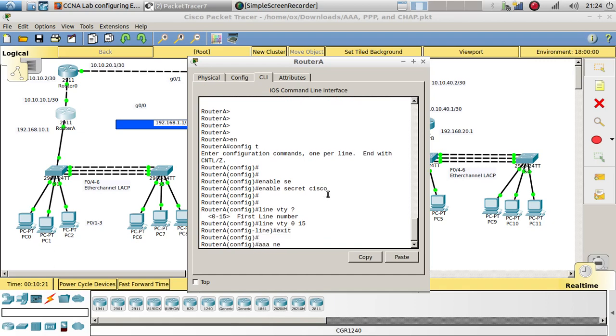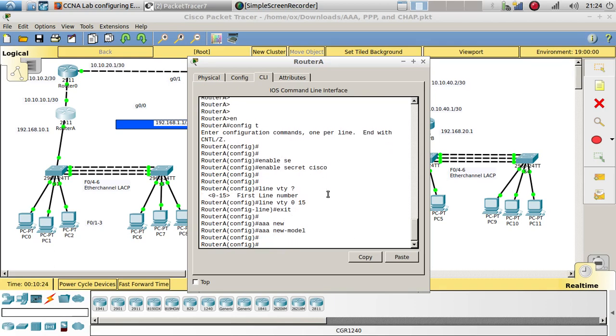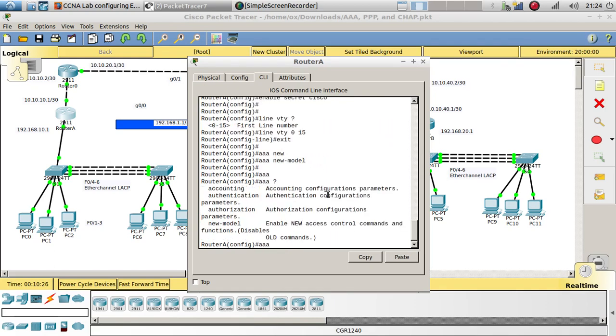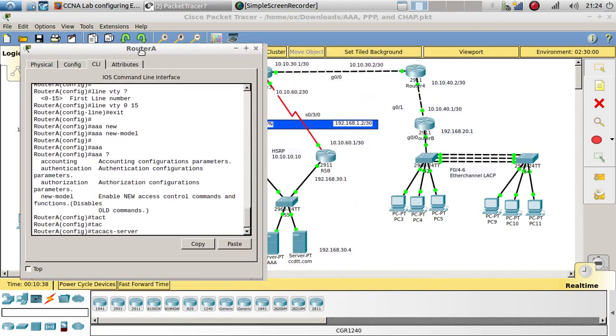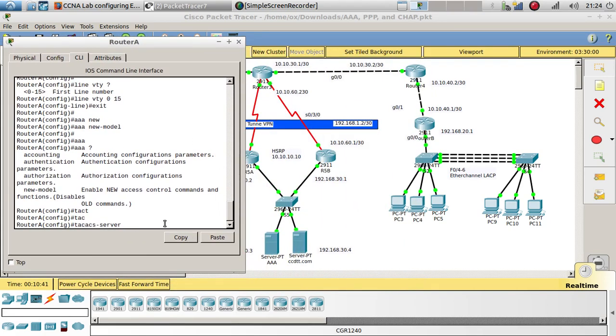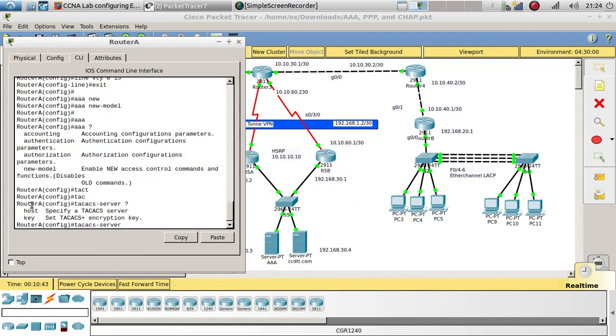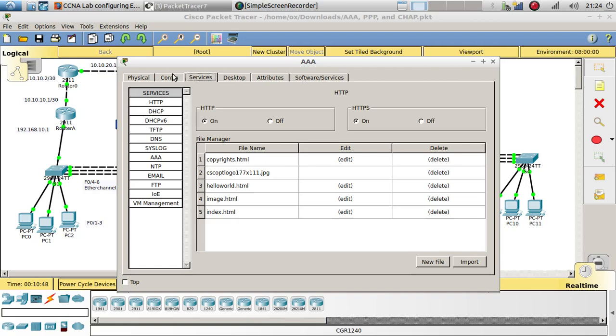Let's go ahead and add a new model, AAA new-model, and then after that we have to do the TACACS server. So we need to add the server first, and we have to add first the IP address, which is host. So you got to put host here, and the IP address of this one is